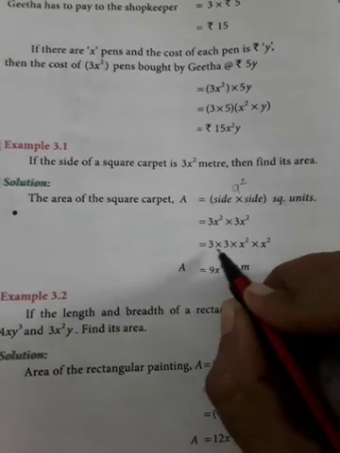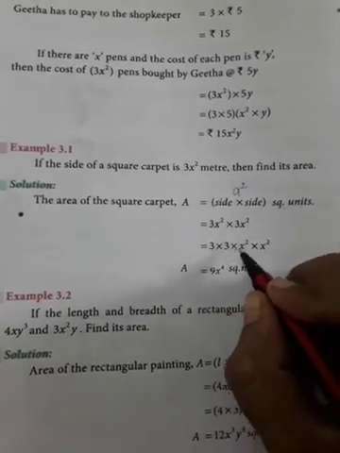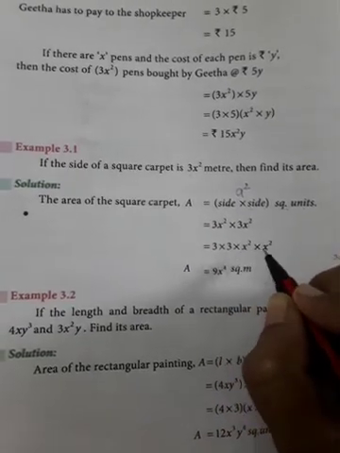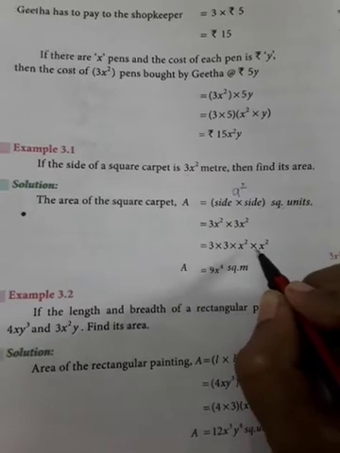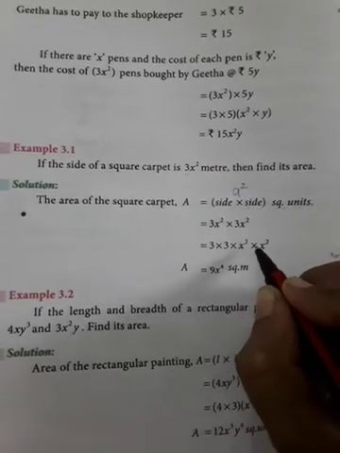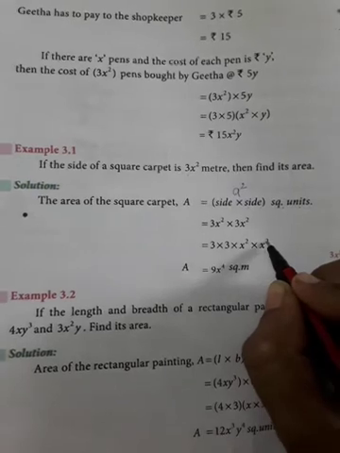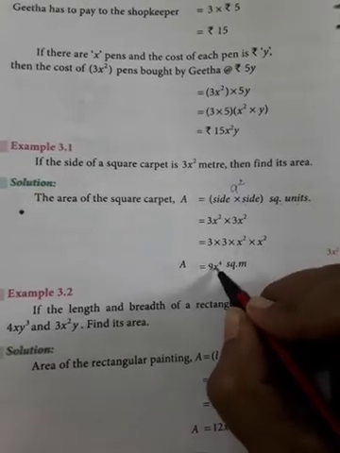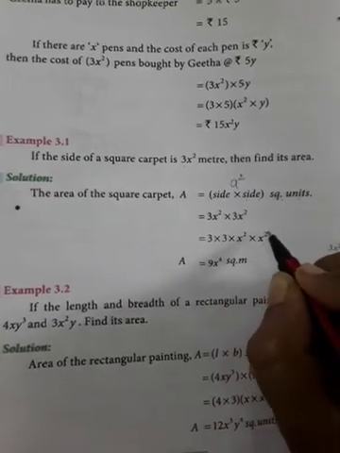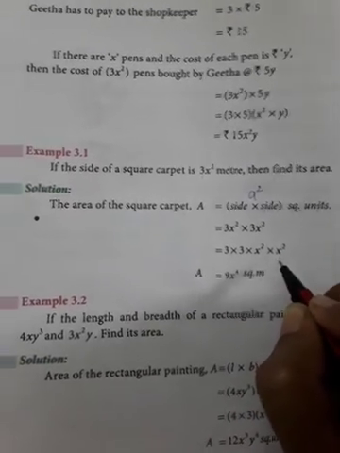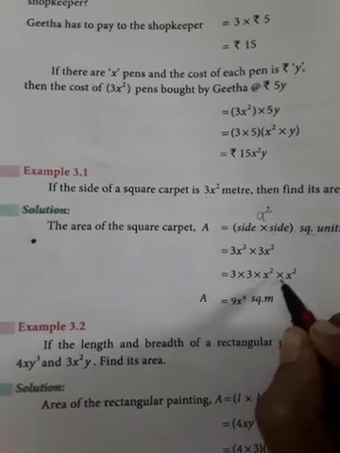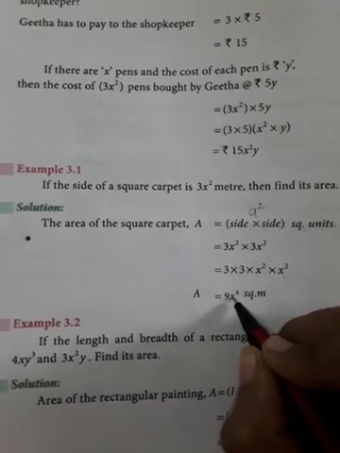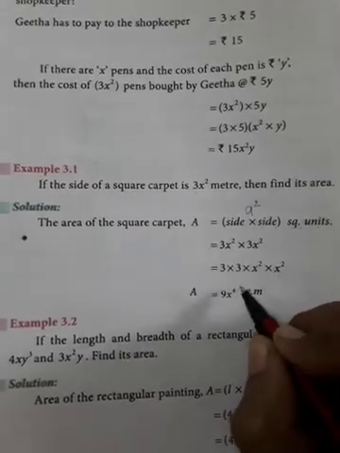Now let's see this one. So 3 into 3 into x square into x square. 3 threes are 9. Here this is x and this is also x, so both are like terms. If you have like terms in multiplication, you can add the powers. So for x square into x square, you write only one x, because we are going to add the powers and make it together. So x square into x square is equal to x power 4. For this, write only one x, and 2 plus 2 is equal to 4.